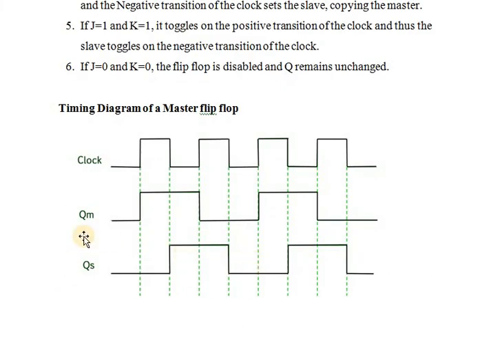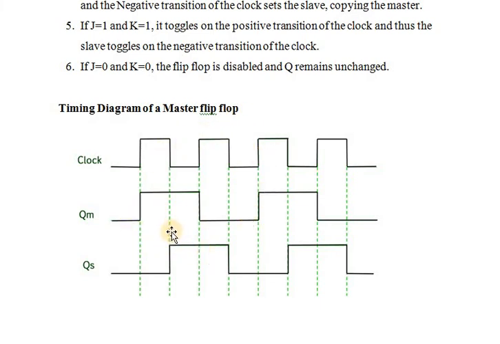So we will see the timing diagram. This is the positive, which you call the rising edge, and this you call the falling edge. See here, this is Q master and this is Q slave. This is the timing diagram of the master slave flip-flop. From here it is high, 1, and from here it will be low, 0. See the clock timing period. Here it is high, here it is low, here it is high, here also it is high. Likewise, this is the timing diagram of the master slave flip-flop.